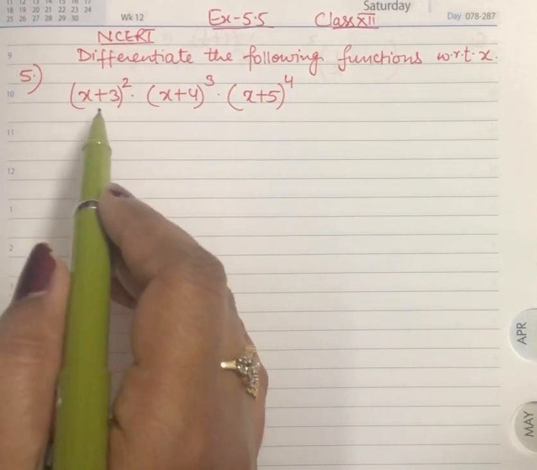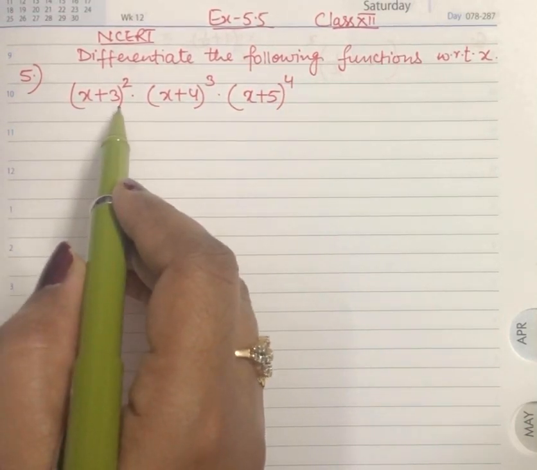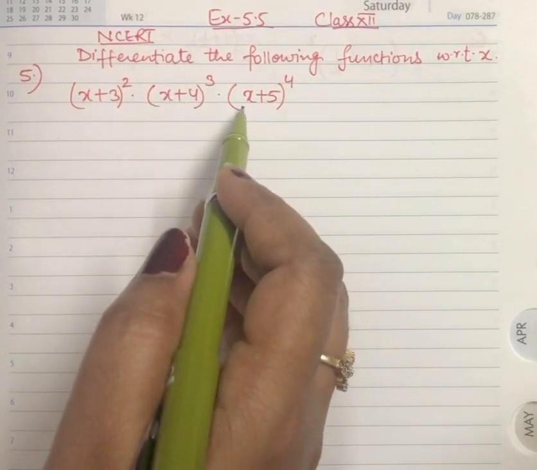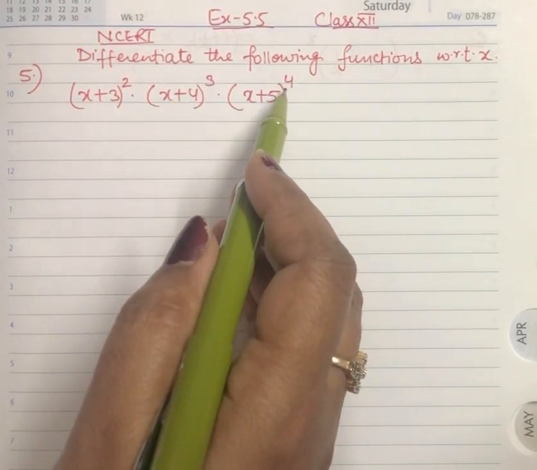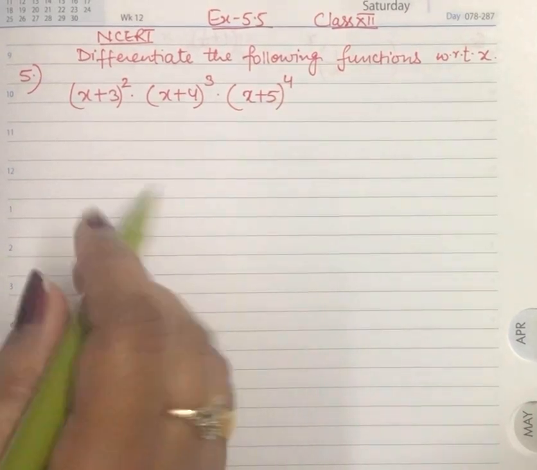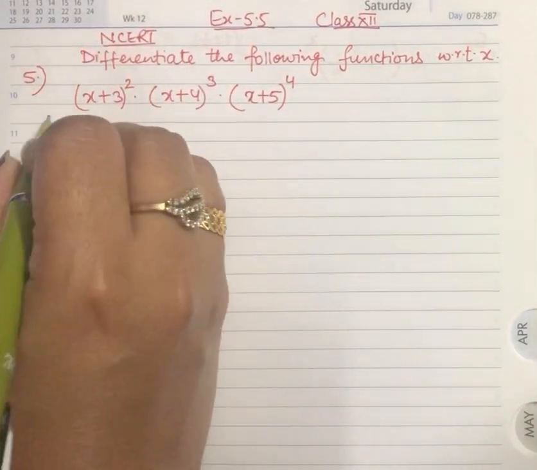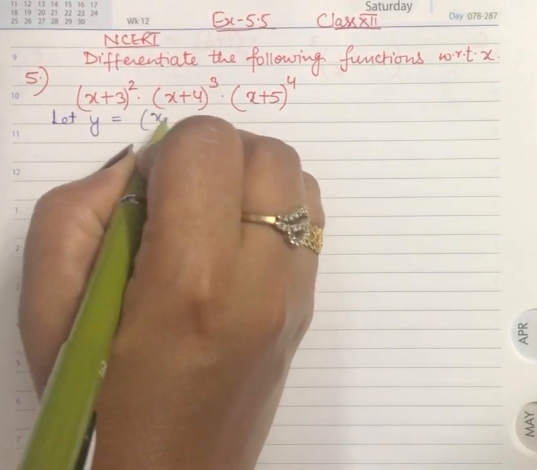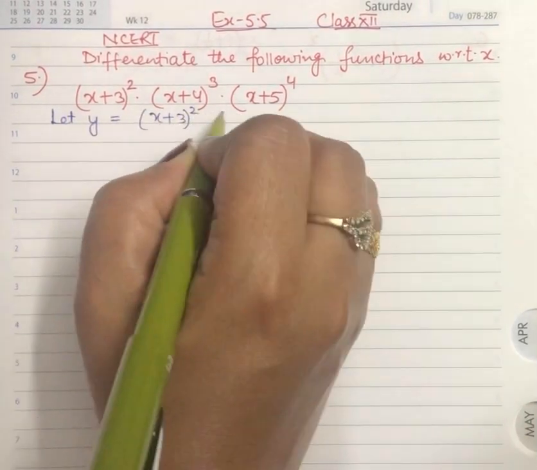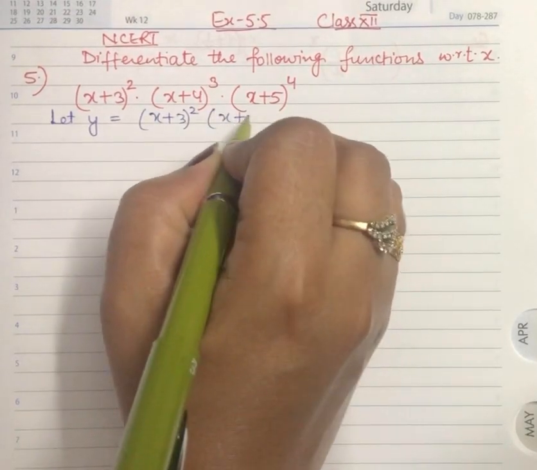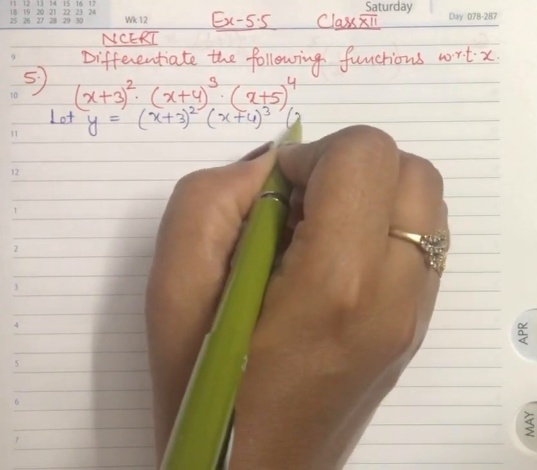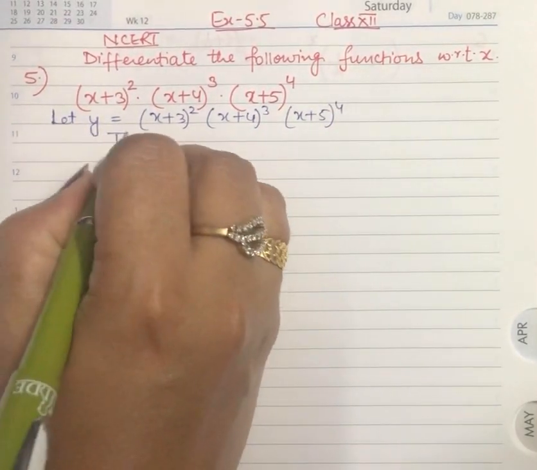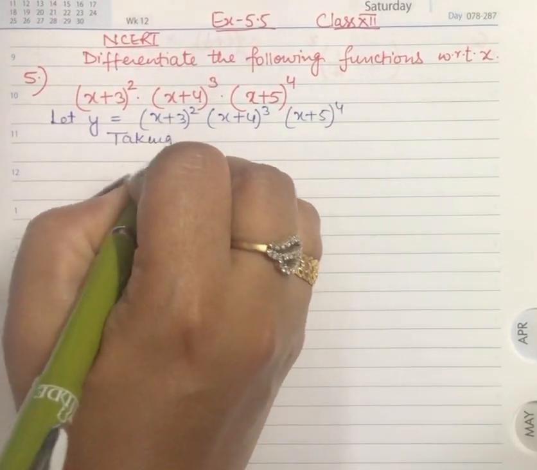In the fifth question, this function is (x plus 3) whole square, (x plus 4) whole cube into (x plus 5) to the power 4. Now we have to differentiate this function. So we suppose it as y. Let y equal (x plus 3) whole square, (x plus 4) whole cube and (x plus 5) to the power 4. Now taking log on both sides,